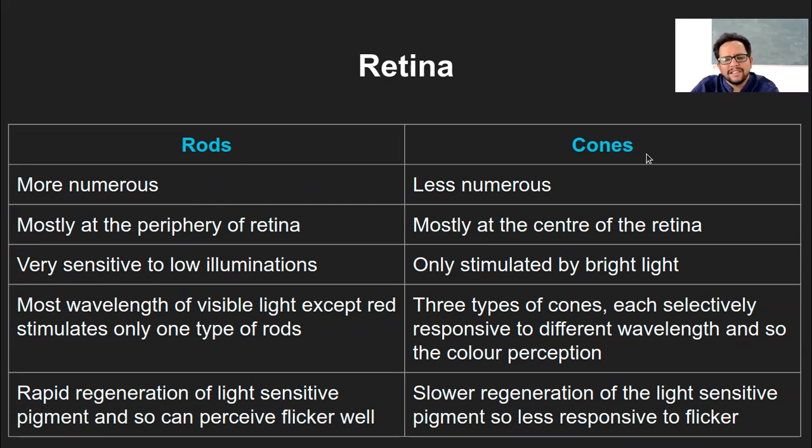And cone cells are sensitive to bright light as well as color. So that's why they have to be less numerous. So that is a general description. Again, the rest of the points remain the same. Rod cells are mostly at the periphery of the retina, because the whole of the light has to be gathered. Cone cells are mostly at the center of the retina, because even a small proportion of these cone cells will be sufficient to gather the signal. So even if they are at the center, that is good enough.